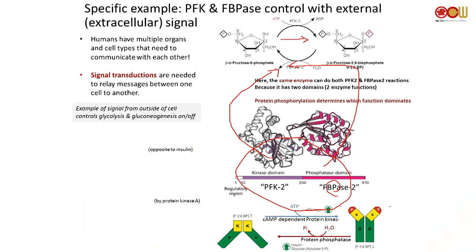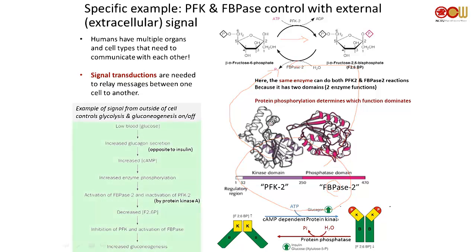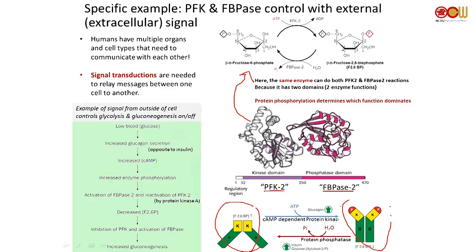So this molecule essentially says, I want glycolysis. Then here is how this molecule is made. F26BP is synthesized by this enzyme called PFK2 and FBPase2. These two domains are on the same enzyme, and this enzyme is responsible for these two reactions. This enzyme has two states, a T state and an R state. I don't care which one you call which, but basically you have state 1 and state 2.